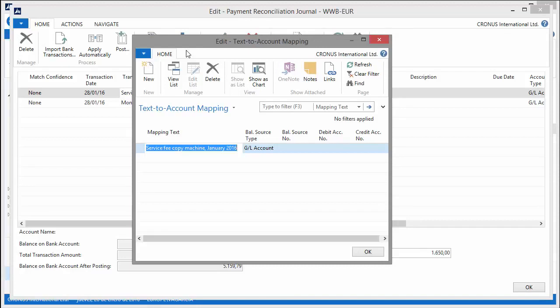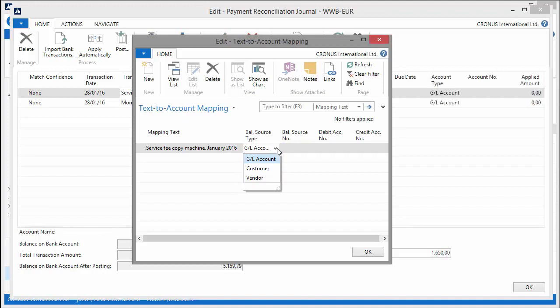As you can see, the transaction text of the payment line is automatically copied into the mapping text. You are now able to link this text to a specific vendor, customer, or GL account. So every time the same text is found, this rule will be applied, resulting in an automatic application. For example, you can link the first transaction text, service fee copy machine, by removing the part that could change in the future, to vendor